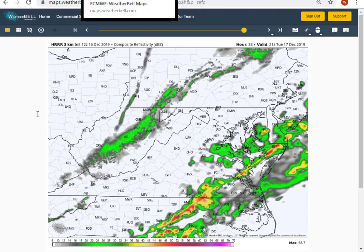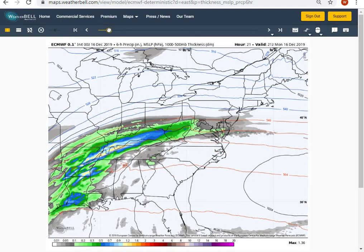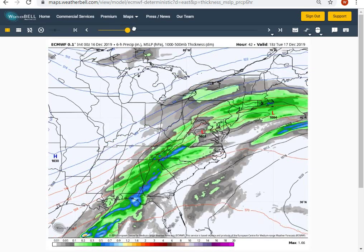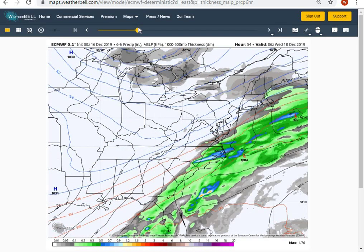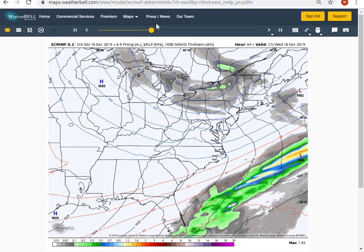Taking a look at our longer term forecast, just to show you how the models are going to progress as we go throughout the next several days here. Here's that front moving across the area as we go into tomorrow, giving us some more substantial rainfall, mainly in the late morning hours through the mid to late afternoon hours, and then we'll see that cold front pass the region late tomorrow evening, and that was going to give us some colder, drier air starting to move into the area. That's going to give us a chilly Wednesday morning as we get some high pressure settling in,